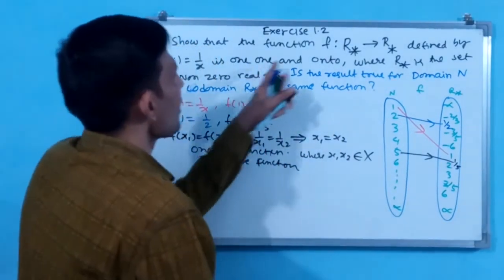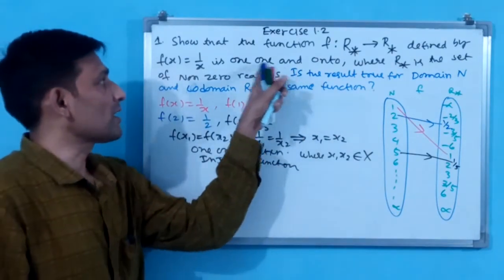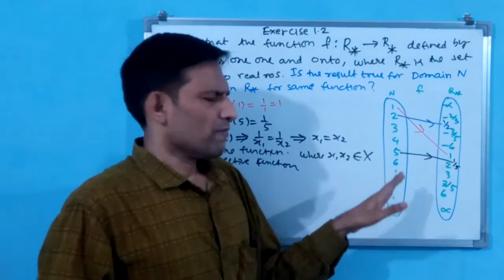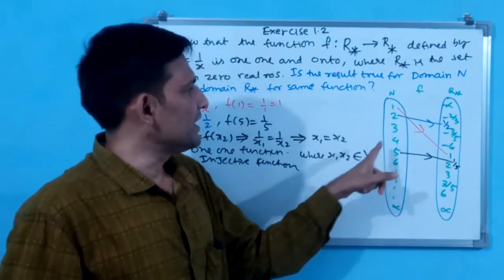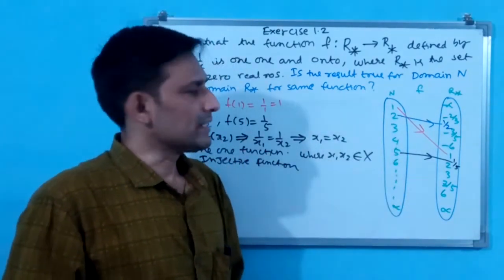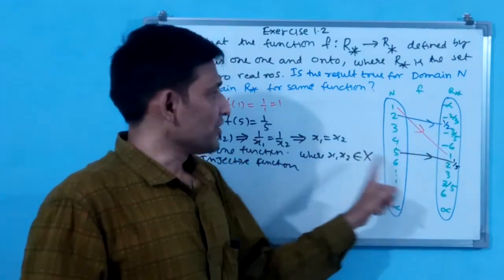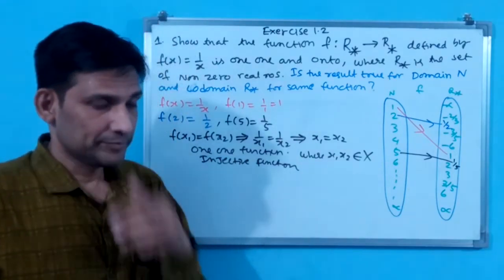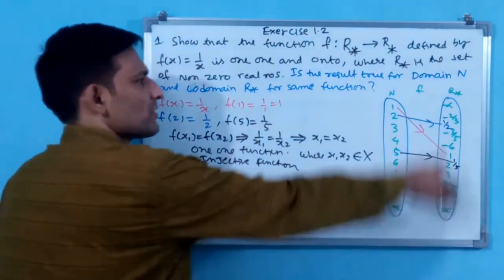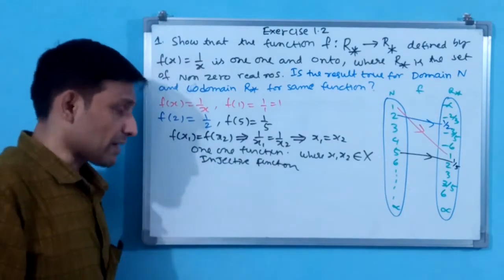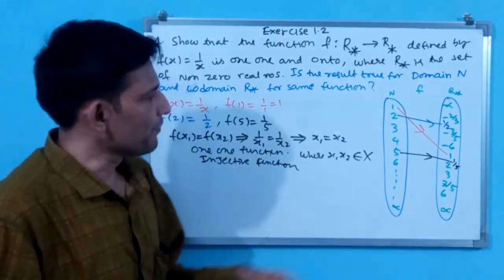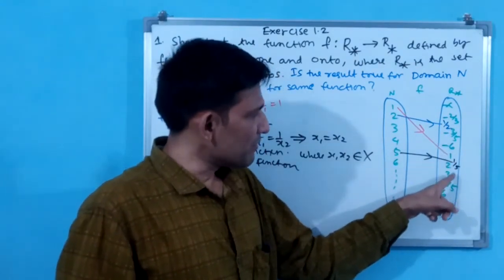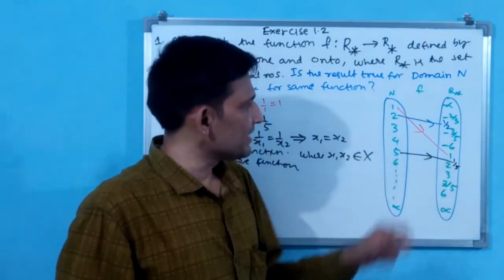Now we come for onto. Because 1-1 and onto both we have to see. Now you tell me. First of all, let me broadly tell here. All positive numbers only are there, but here negative numbers are also there. Any negative number is having relation? No, that means all negative numbers are left. But what about even positive numbers also? What about rational numbers remaining, like 2 by 3, 3 by 4? Is there any relation?